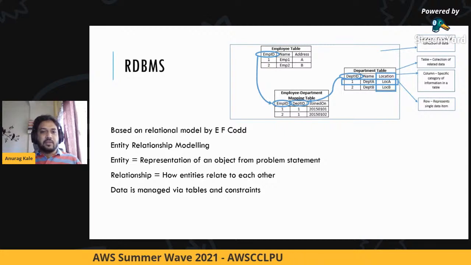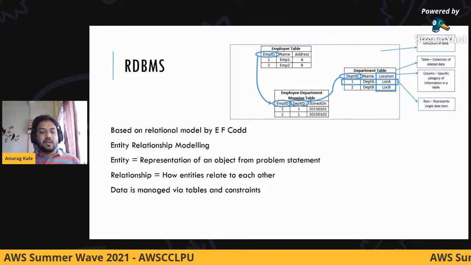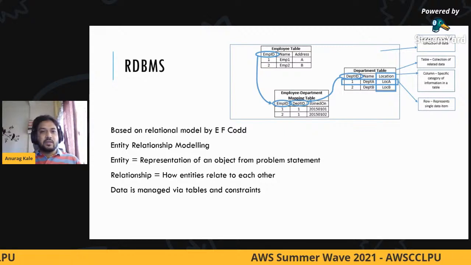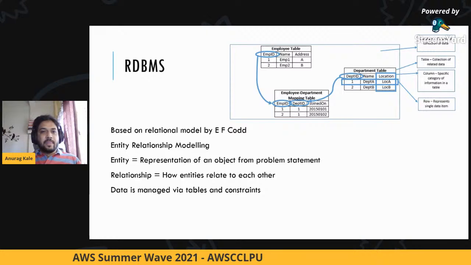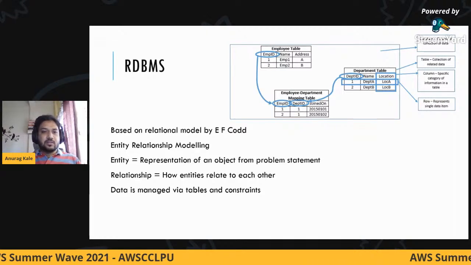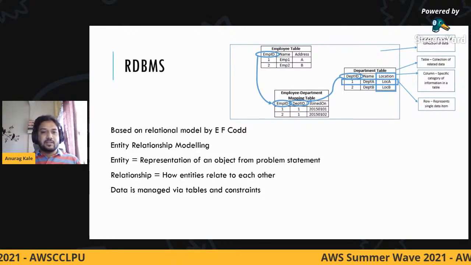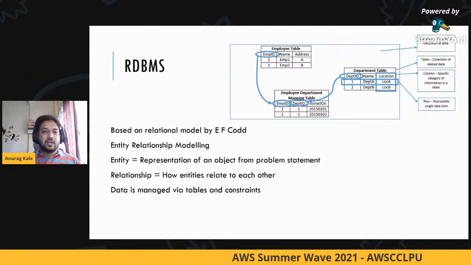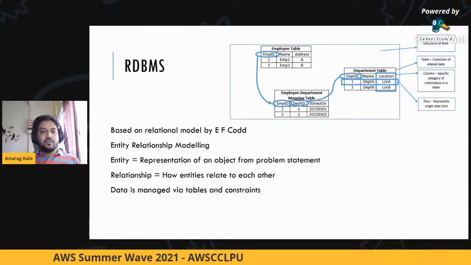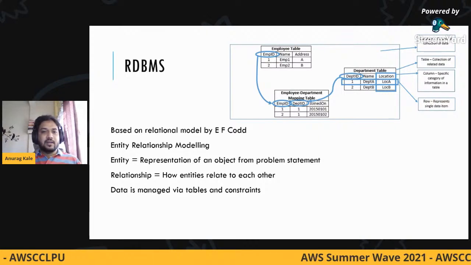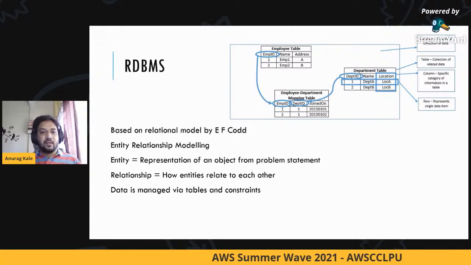So it could happen that one employee could be a part of multiple departments. In this particular case, the employee department is an entity, and the way they are interacting with each other is by using what we call constraints. One of the constraints that you see here right now is foreign keys, wherein in a third table we are using employee id as a reference and department id as a reference, and then we are establishing a relationship between them.